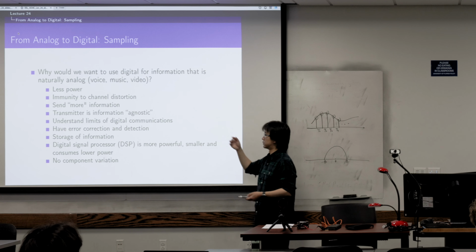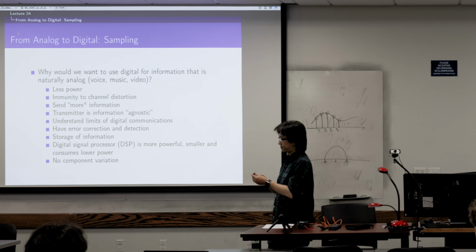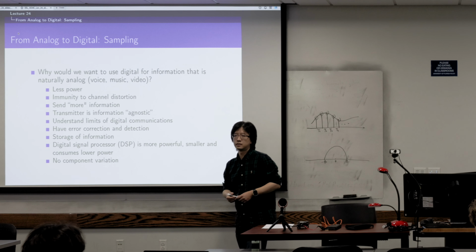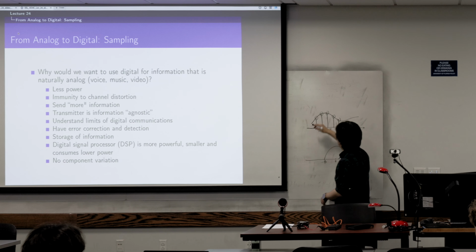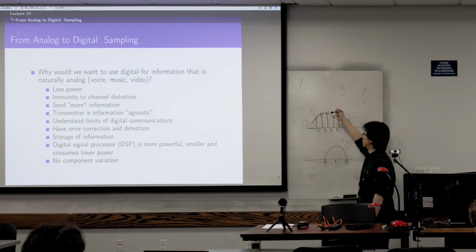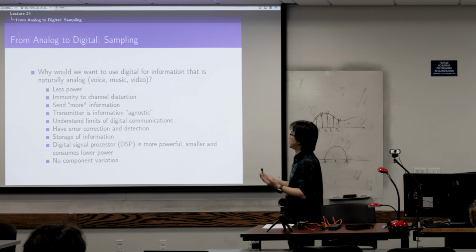First, we may need a lower power, right? And it might be robust to the channel distortion, right? Because as we saw before, if we want to transmit that over the air, any noise will impact this directly. But if we transmit 0s and 1s, at the receiver side, we only need to recover